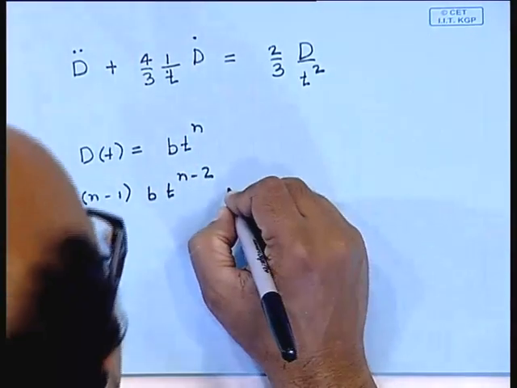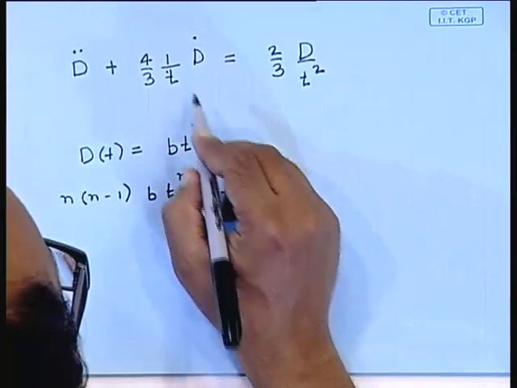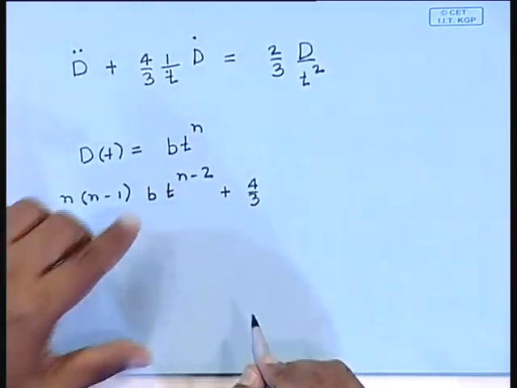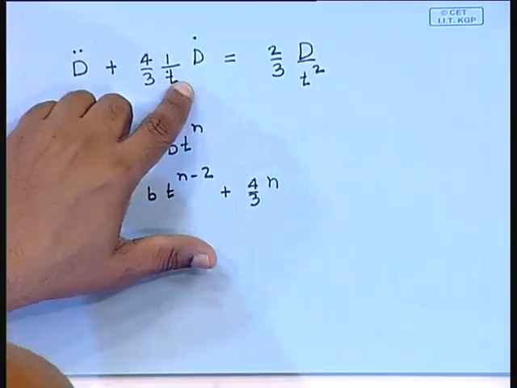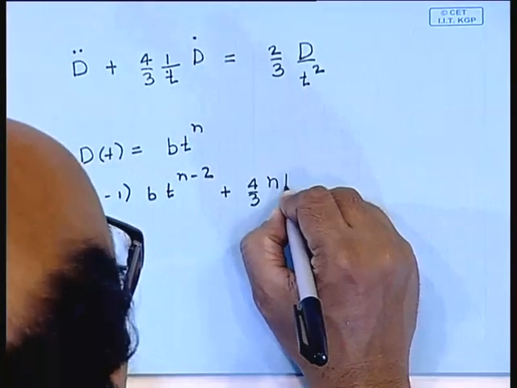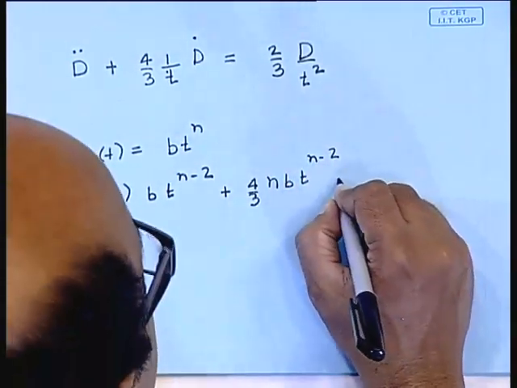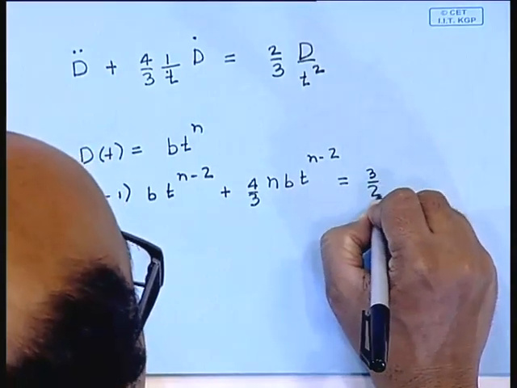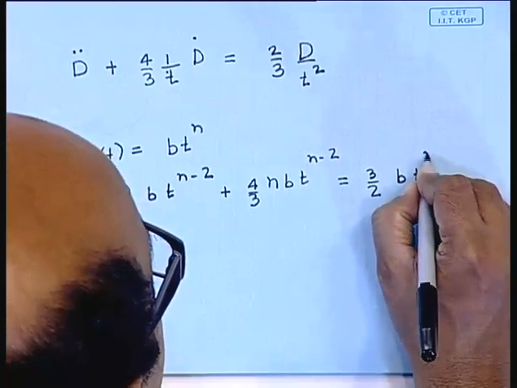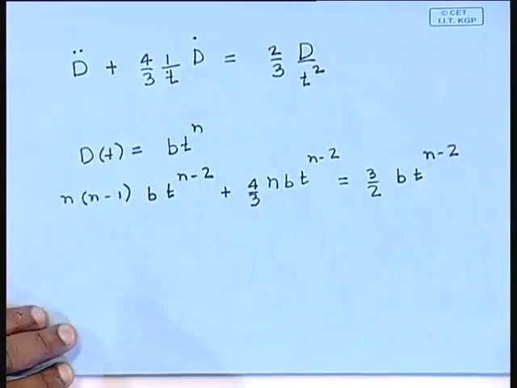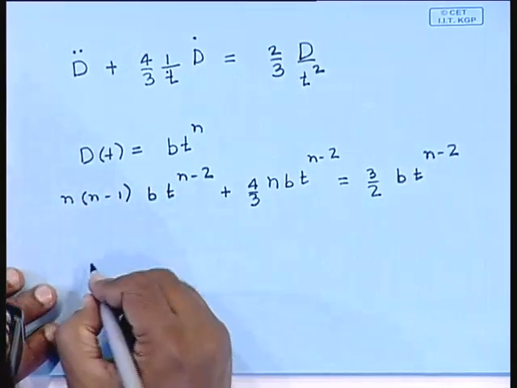The second term is plus 4/3. I have to differentiate it once. If I differentiate it once, I will get n, and then I divide by t, so I will get again b t to the power n minus 2, and this is equal to 3 by 2. I have to divide this by t square, so I will have b t to the power n minus 2. So these b t to the power n minus 2 cancel out throughout, and I am left with this relation